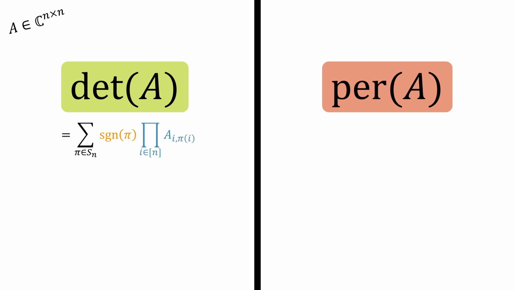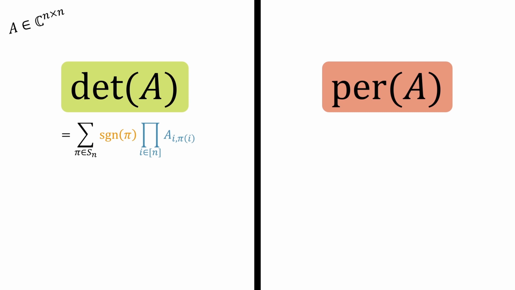In the Leibniz expansion, you sum over all permutations of the numbers 1 up to n. And for each permutation pi, you take its sign and multiply it with the product over n matrix entries that are selected by pi. Recall that the sign of pi is plus or minus 1, depending on whether pi has an even or odd number of cycles. So in this Leibniz expansion, you're summing over n factorial terms, which would generally be hard, but of course, this equality here saves the day.